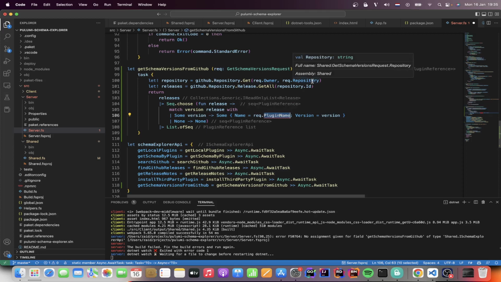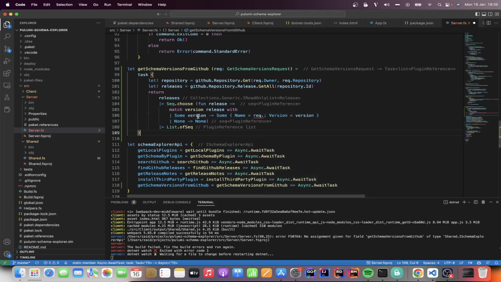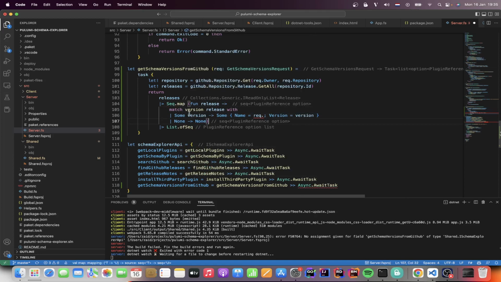Let's see, owner and repository. And version. No, it did not do the thing I wanted. Map each release to